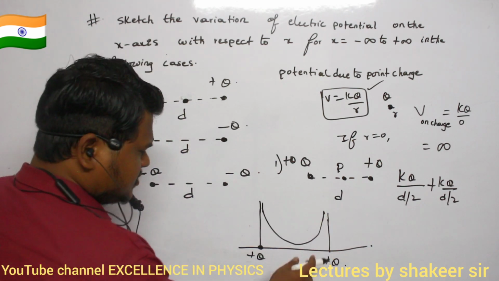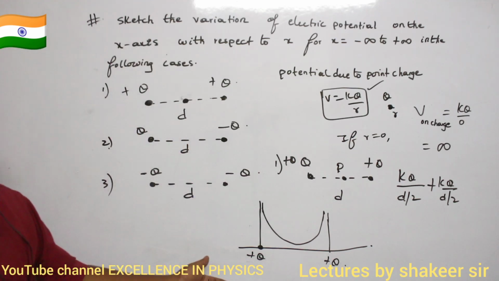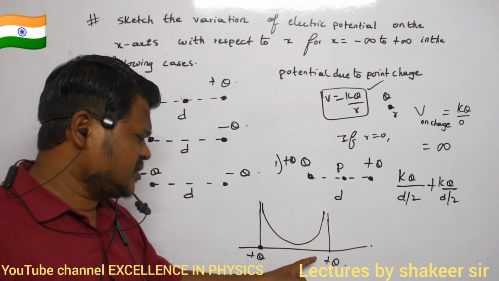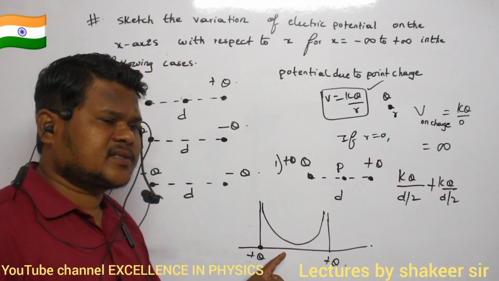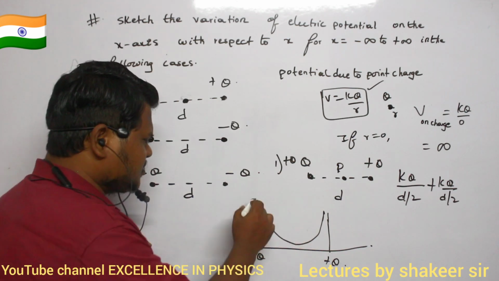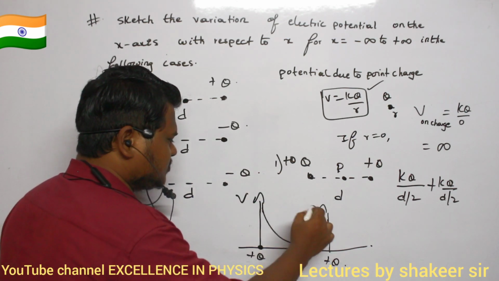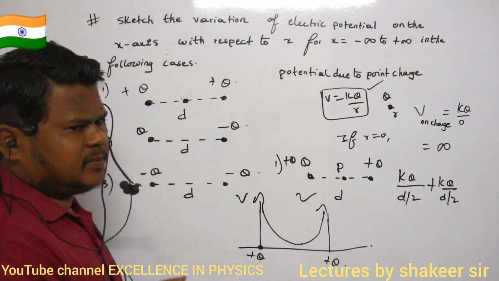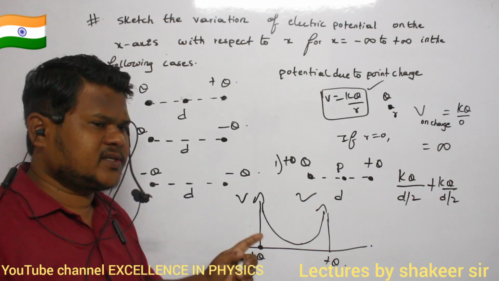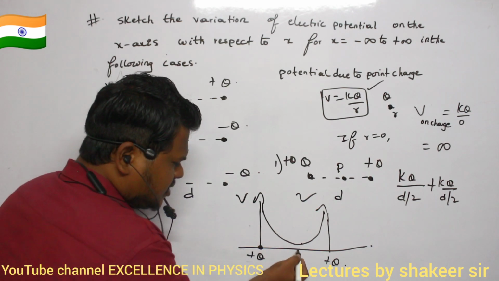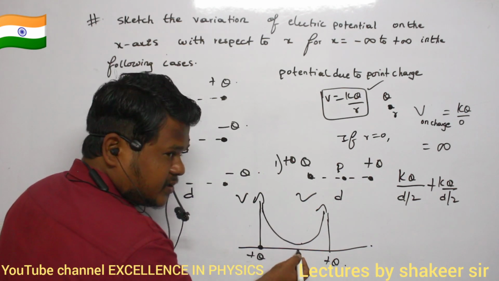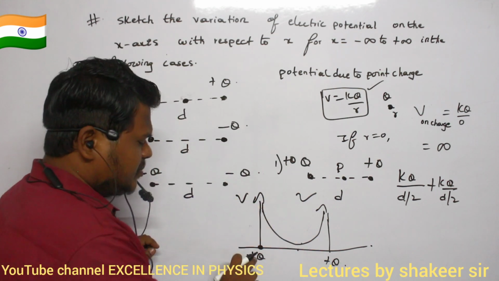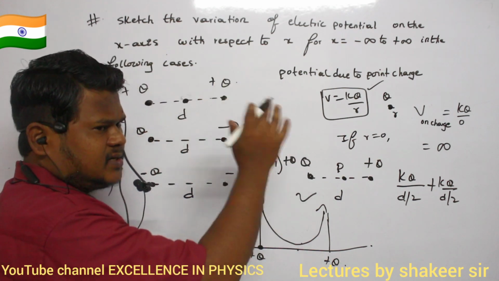Okay. So what does this mean? This means that potential near the point charges is infinite, very, very large. So this is the variation of potential. Are you able to understand? And in between them, definitely potential will be minimum. It is not zero. Potential has not touched this point. Graph has not touched this point. Potential is minimum, that's all. But near the charges, potential is infinite.